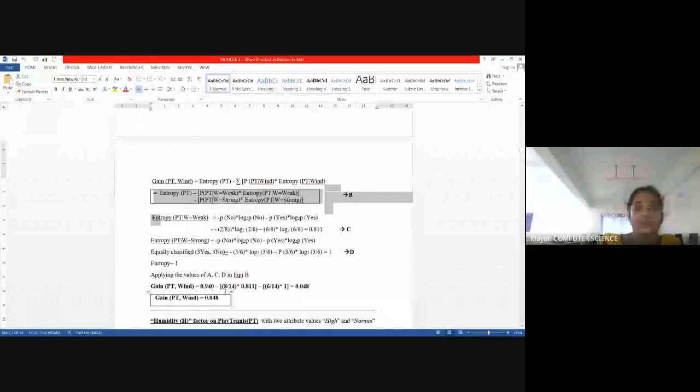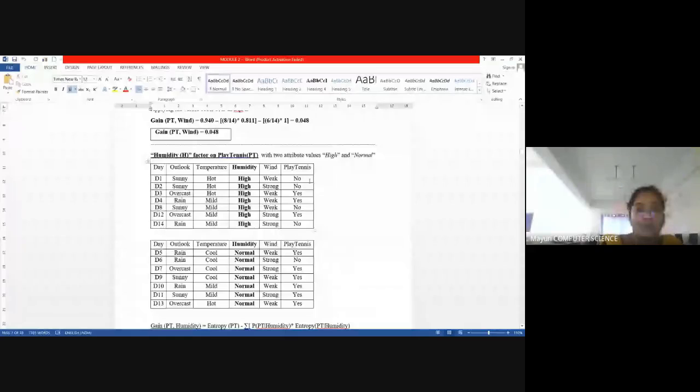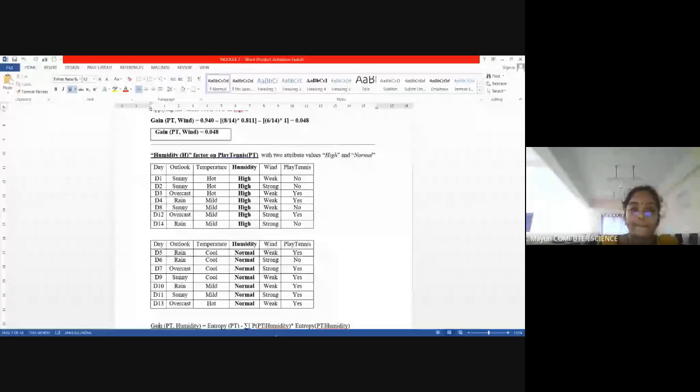Like that, you need to calculate with every attribute. Coming to humidity, from the initial table only I have taken. Now I have to do the humidity with respect to the last column called play. So I have two different values for humidity if you see. One is high, one more is normal. See, in between you can interrupt me if you didn't understand. Now I feel if you are simply quiet, you are understanding. Yes, ma'am, understanding. Fine.